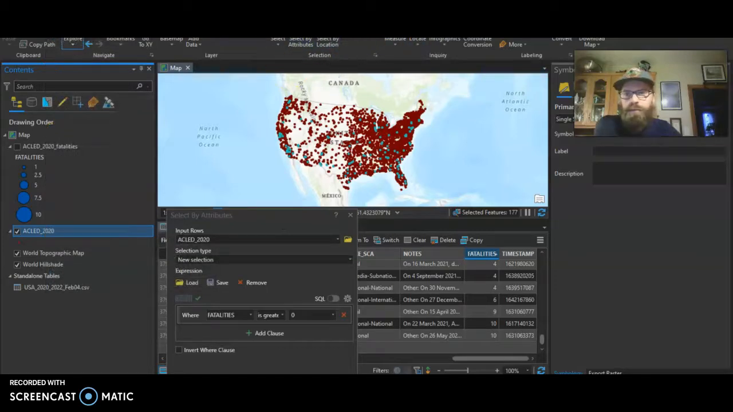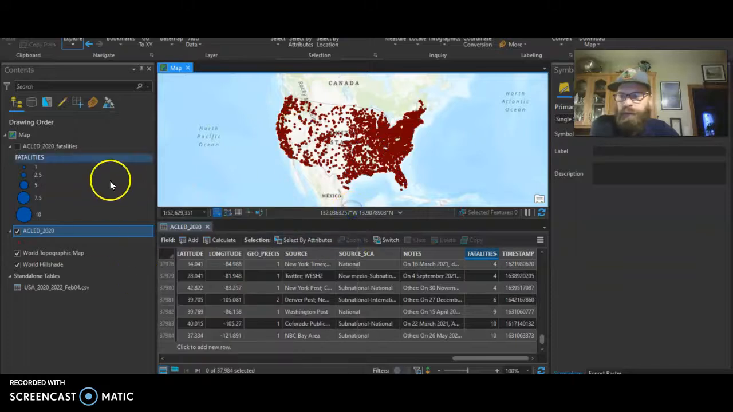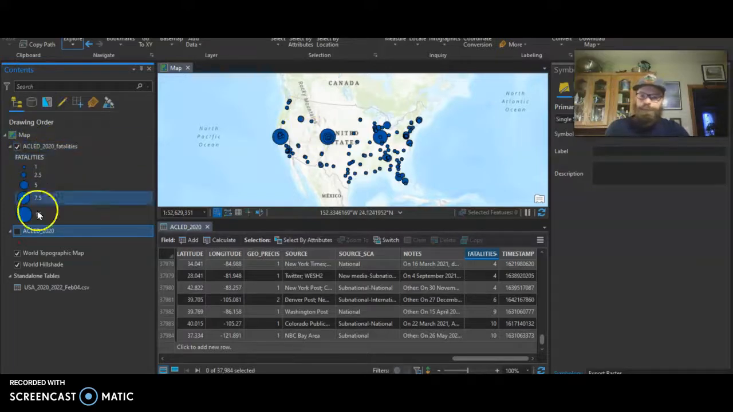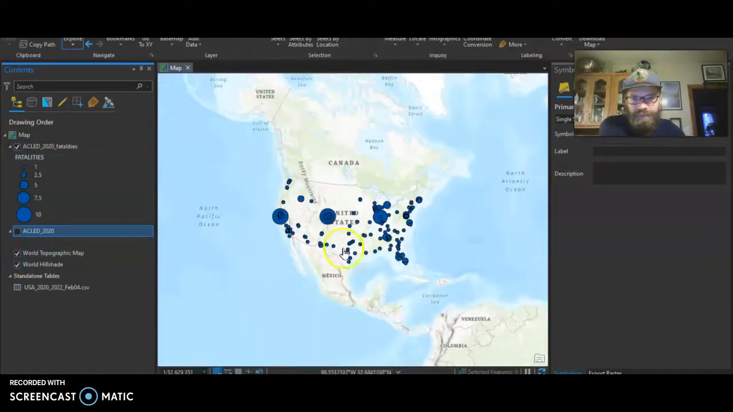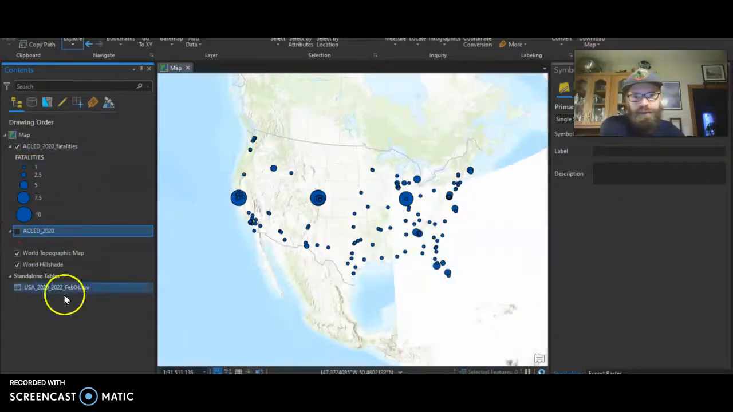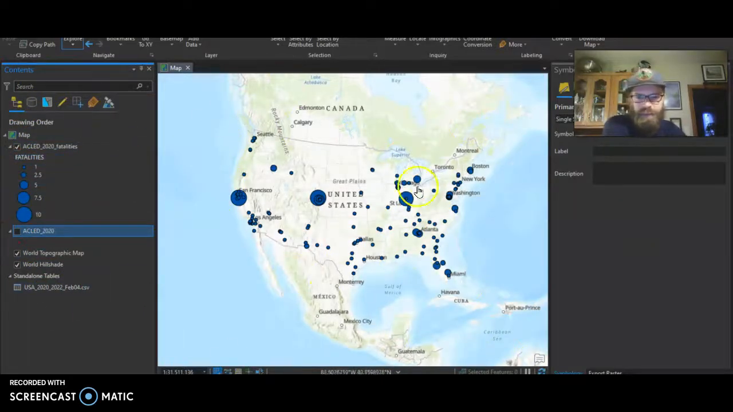And clear that section. And I brought that in right here, ACLED 2020 fatalities. So now I'm working with a much smaller data set, not quite as many numbers, and showed all the points first, and I just wanted to do a quick visualization of the data and symbolize it a little bit differently just so I could see where the largest events happen. The more fatalities, the larger the dot,